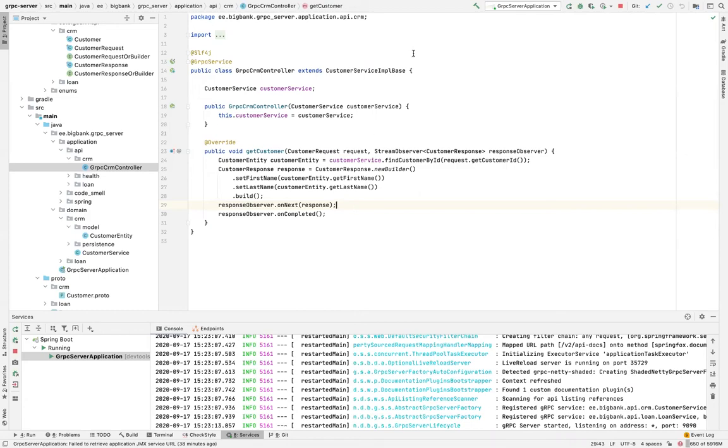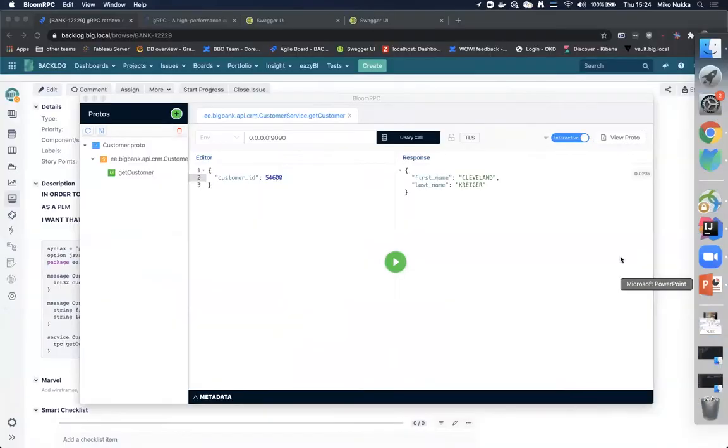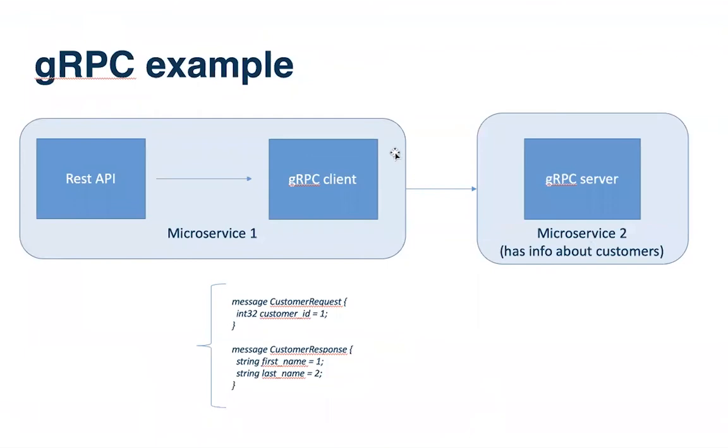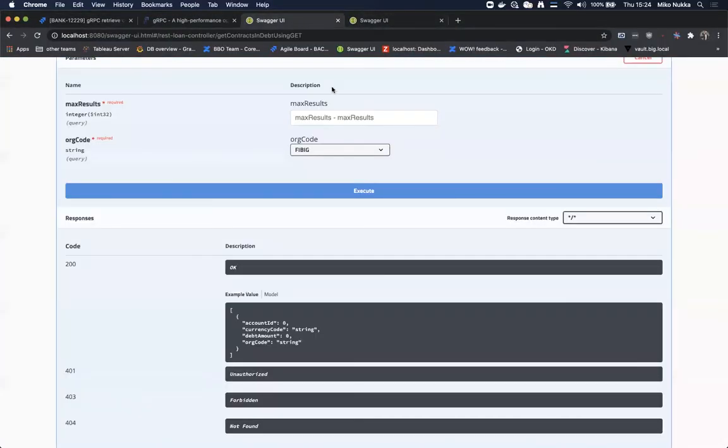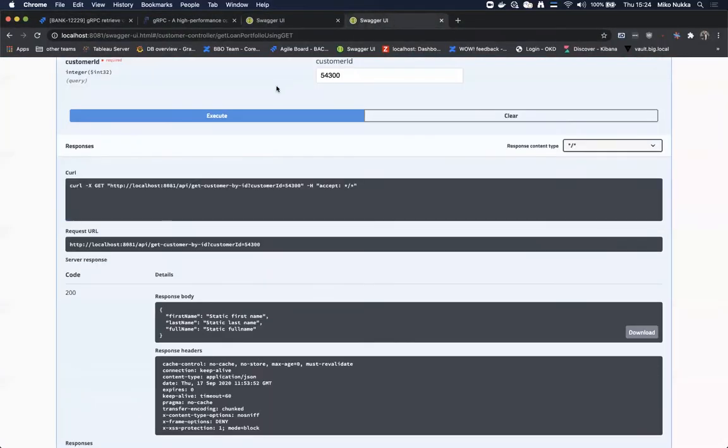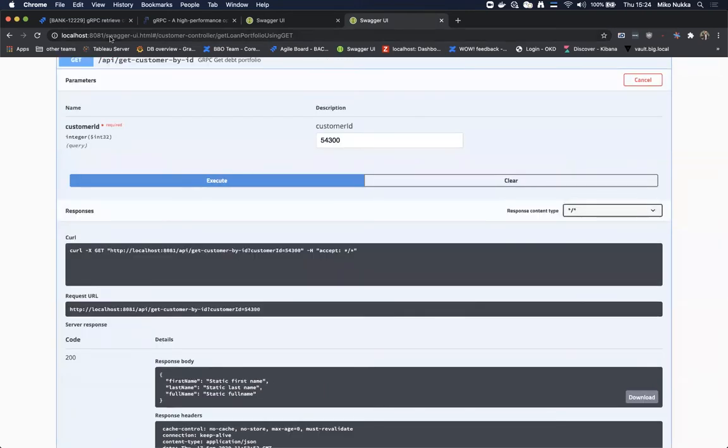Now, we still have the other part of this thing to be done. So we have a REST API somewhere that is calling something, and it should call our server. So let me show you this REST API. This is not this. This is the correct one. So I have at the moment running on port 8081